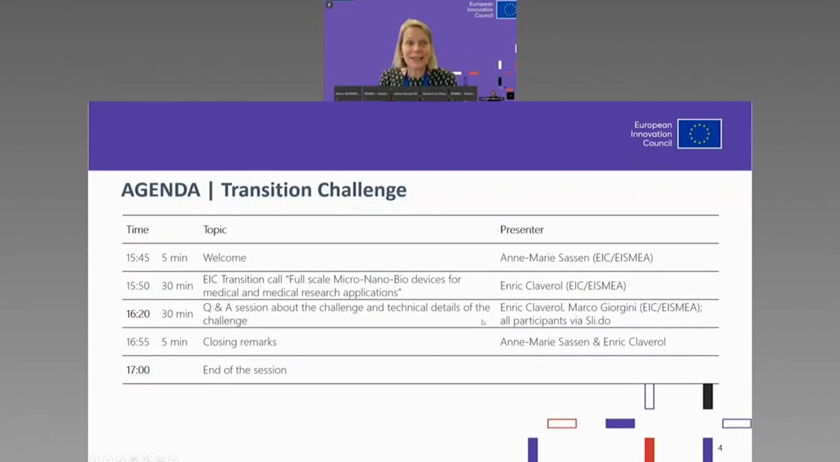So let me start with the agenda of this session now. I will do a 5 minute welcome. Then Enrique Claverol will explain more about the full-scale micro-nano-bio devices for medical and medical research application transition challenge. We will have a lot of opportunity for answering questions. So please put your questions in the Slido that we have